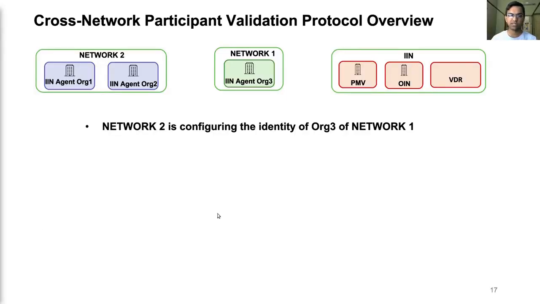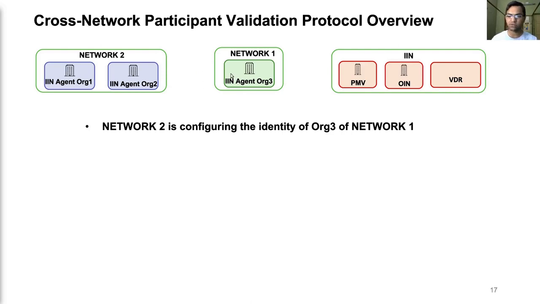The primary mechanism that we need to support in the identity plane is the addition or modification of a participant member of a network, whose identity and certificates then need to be synchronized and validated into another network. So this can be used for addition, modification, as well as removal of participant members in a network. Let us go through an example flow of the cross-network participant validation protocol, where let us say that network